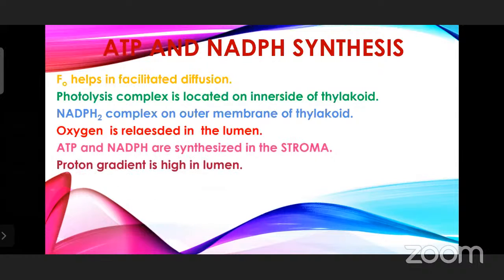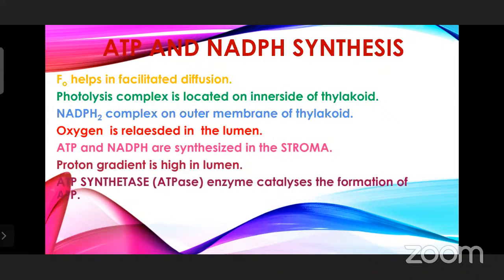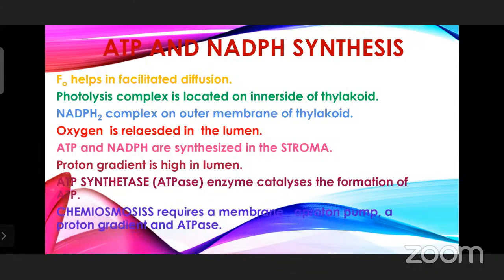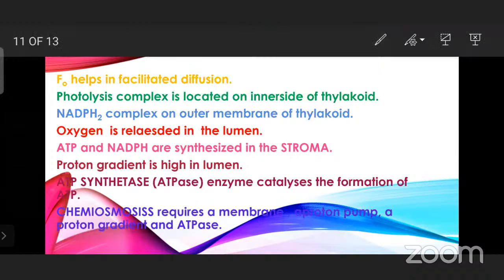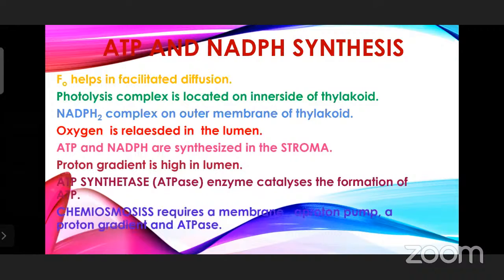proton gradient is high in the lumen, and ATP synthetase or ATPase enzyme catalyzes the formation of ATP. The chemiosmotic hypothesis requires a membrane. And what is that membrane? Thylakoid membrane. A proton pump. A proton pump is nothing but